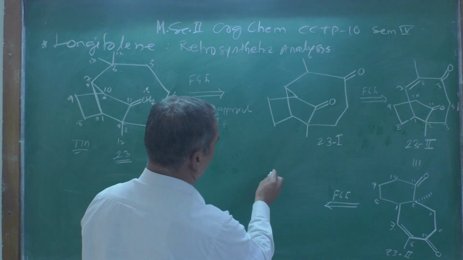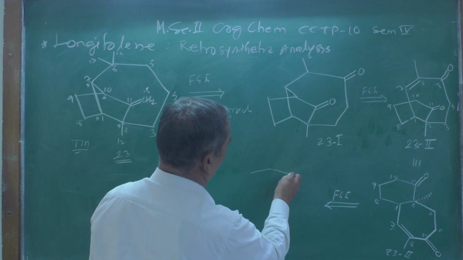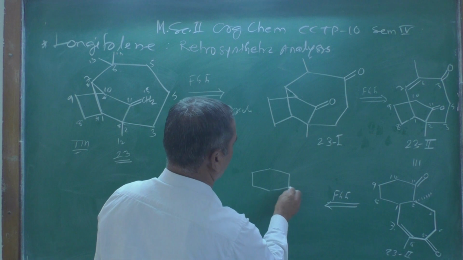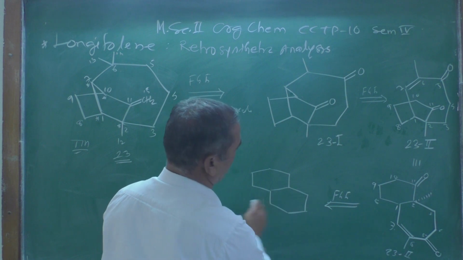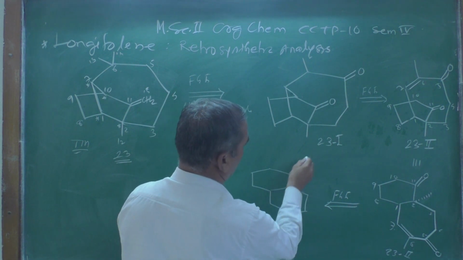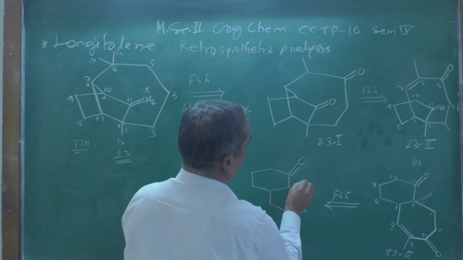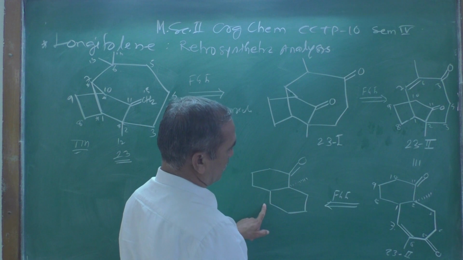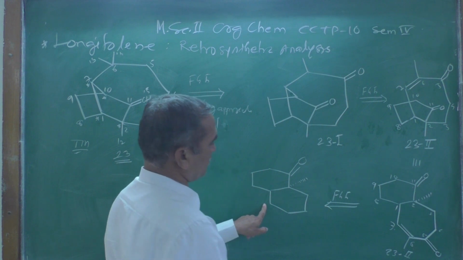So let's see over here. You are going to get this type of compound, this remains as it is, C double bond O. This methyl group also remains as it is, but here are the changes